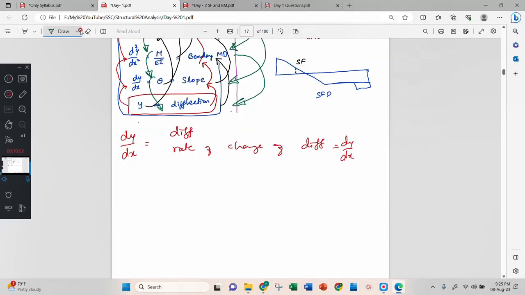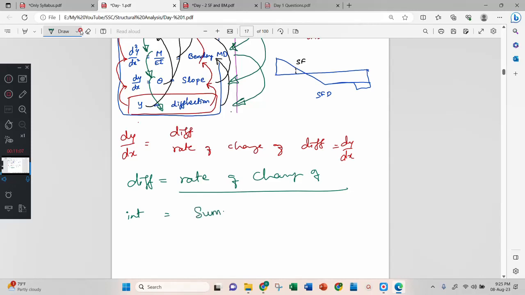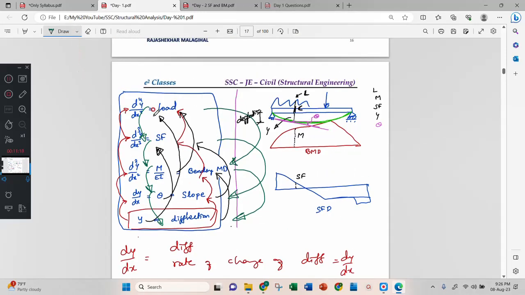Correct? Now, differentiation is also called as rate of change of. Integration is also called as summation. Is called as summation of. Okay. Now I will ask you few questions. Will you answer? You can unmute your mic and you can answer. Right? Now, rate of change of bending moment is called